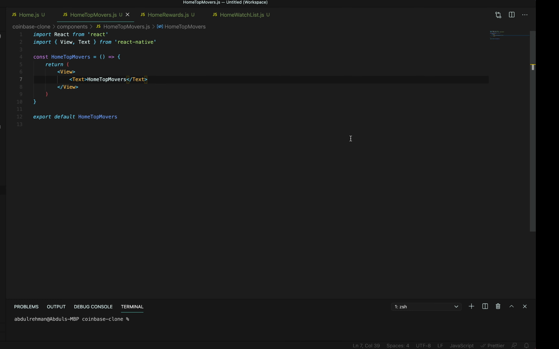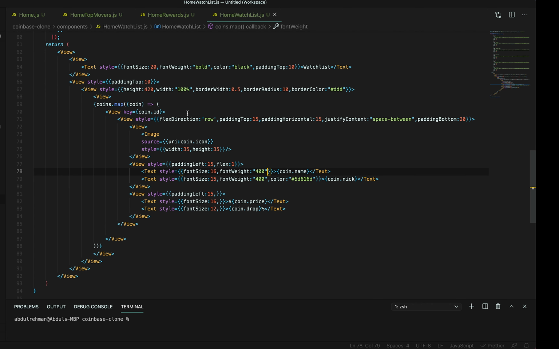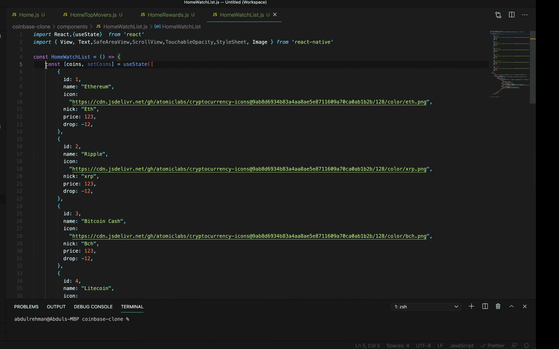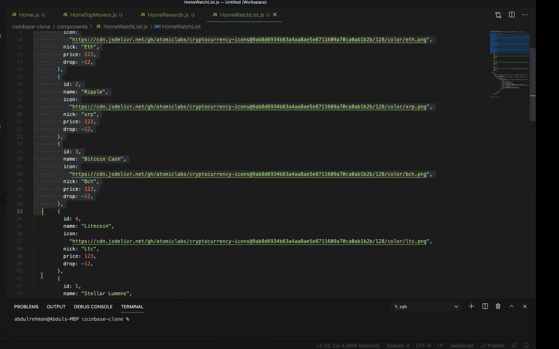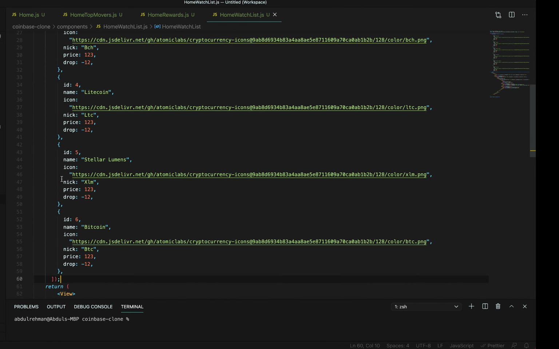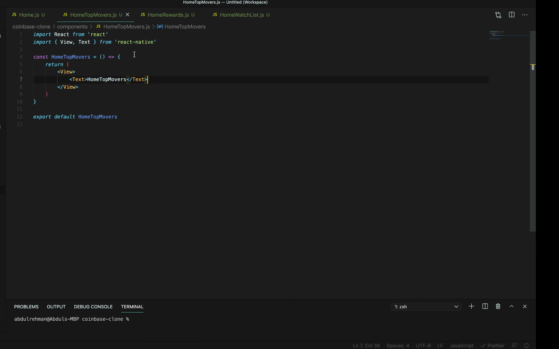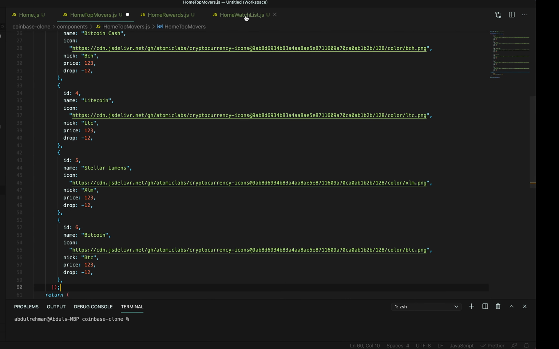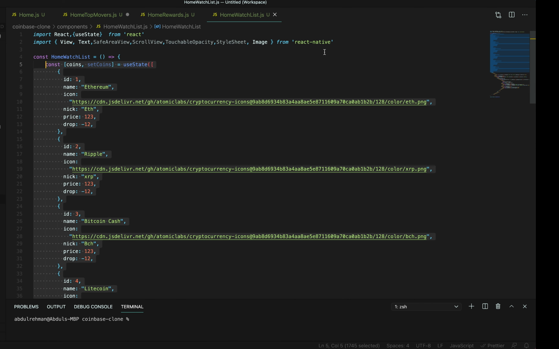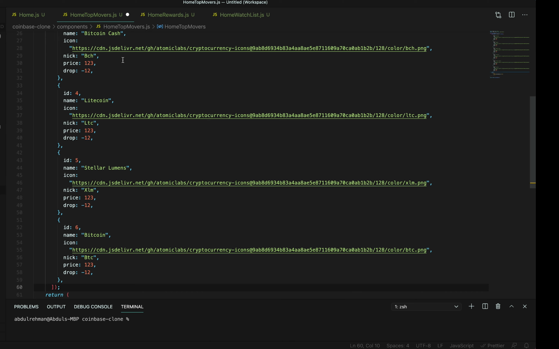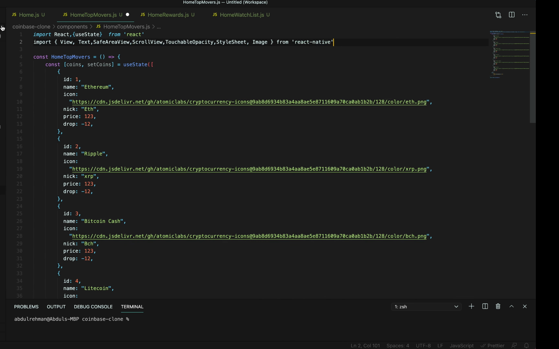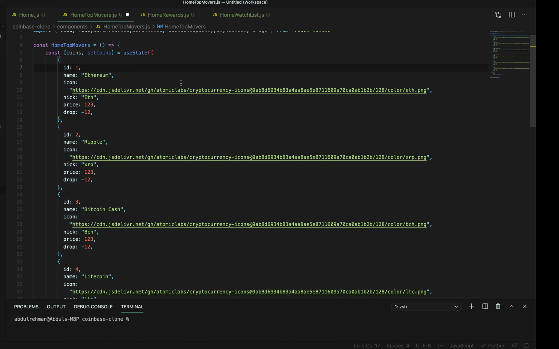Alright guys, welcome back. For the home top movers, we are going to start building this up, and we're going to go back to the home watch list. First things first, I'm going to really quickly use this data that we actually had right over there, copy this one, and boom, paste that over there. We're also going to need all of this, copy that, and let's paste that in there. Okay,